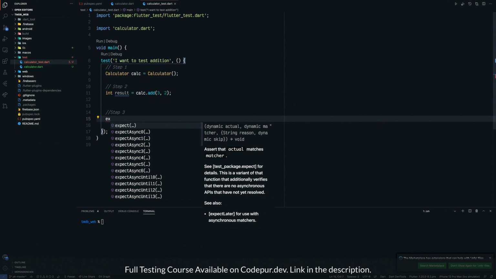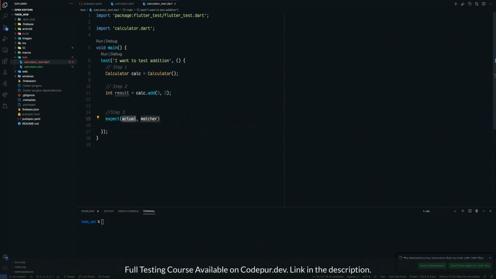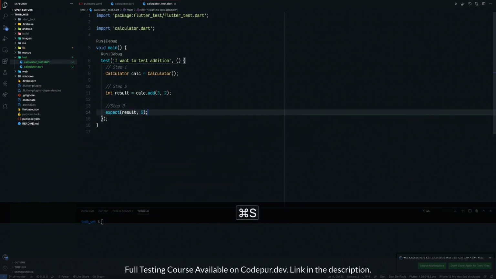Here you have to give two different values: one is the actual which you are getting, and what you are matching it with. So actual will be my result, and what I want to match, let's say if I add 3 and 2, what should be the output? It should be 5, right? And that's what we have to test.